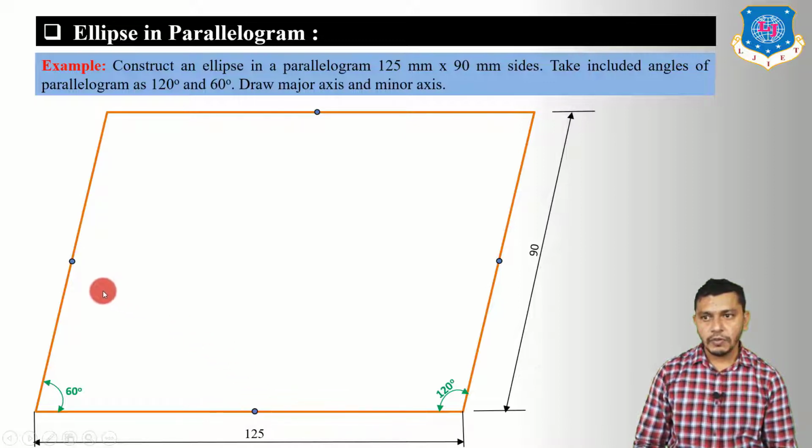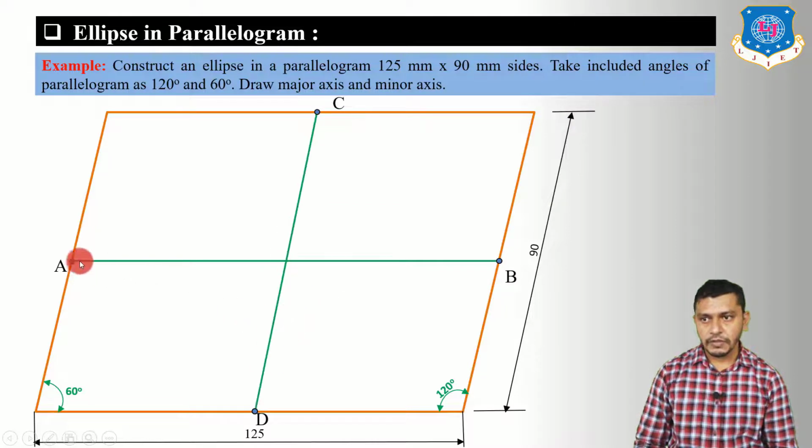Okay, now connect the midpoints to get the horizontal and the inclined line. So this is AB and CD. Right now the angle between AB and CD is, this angle will be 60 degree and this angle will be 120 degree. And this will be our intersection point O of AB and CD. Now make sure that AB and CD are not the major axis and minor axis of the parallelogram. Here we have to find out the major axis and minor axis, and then after that we will draw them.